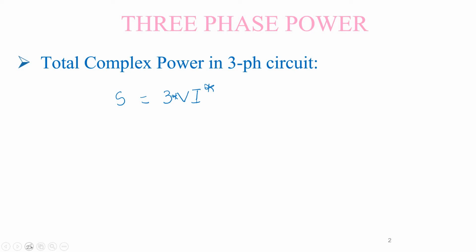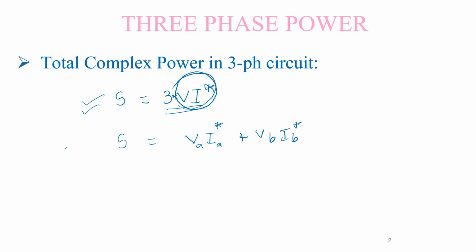But now we are dealing with the unbalanced system. So no more does the relation hold in this fashion, because all the three phases will not have the same voltages and the same currents. So now how to represent the power in unbalanced condition? We need to calculate the power for each phase independently. So that is with respect to A phase, B phase, and C phase.